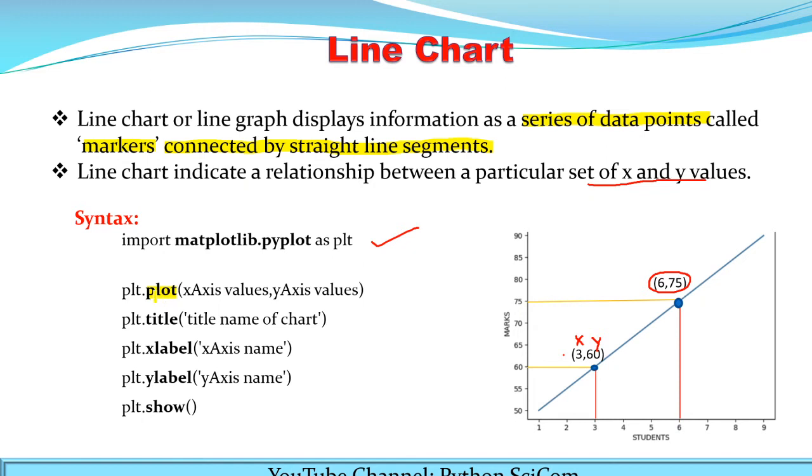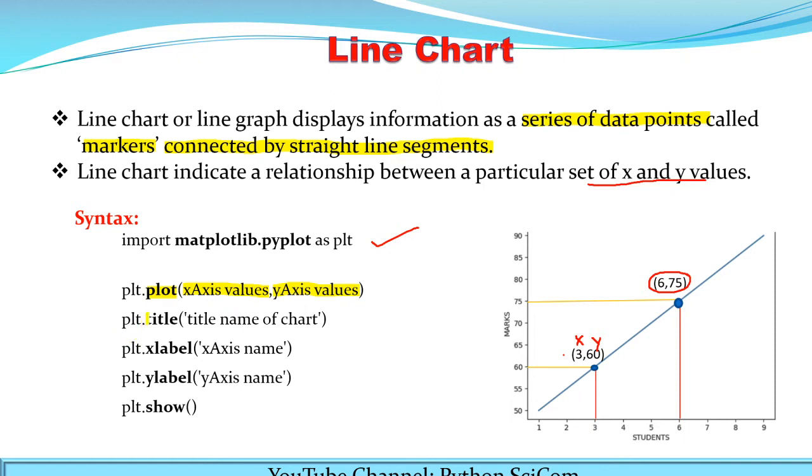Now for plotting the line chart, we need the x and the y points, or you can say the coordinates of x and y. The x and y coordinates can be represented by using lists or arrays in Python. So we have to use the x values and the y values. Clear? The values which are represented along the x-axis, comma, the values which are represented along the y-axis. So when we write this plot function using these values, the line chart will be plotted.